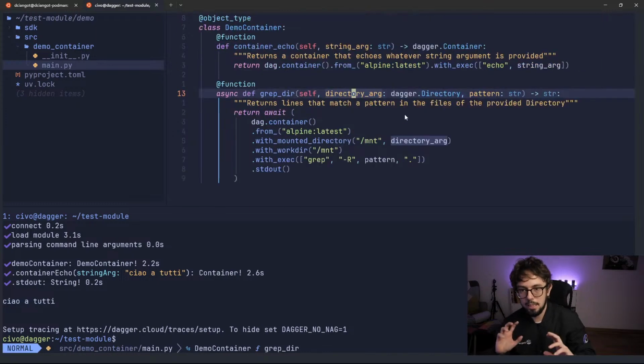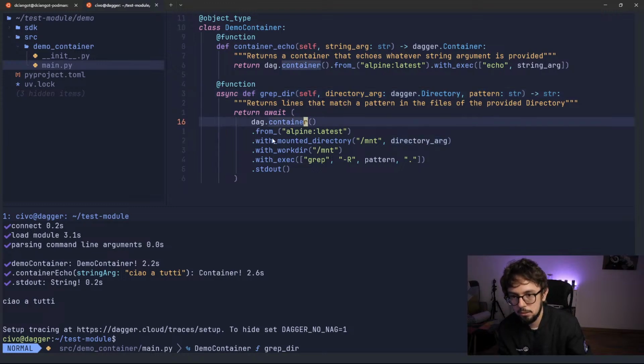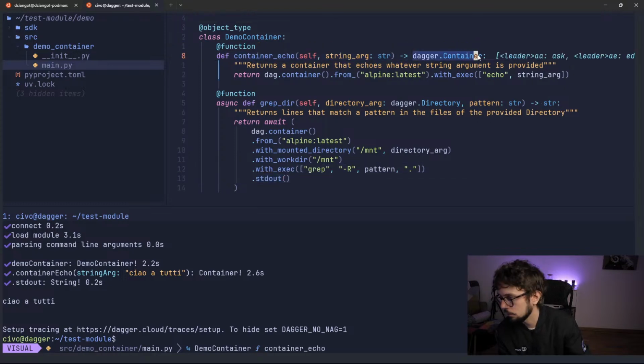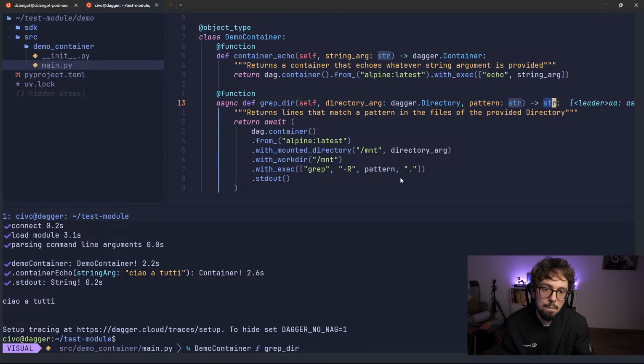The other one instead is more interacting with your system. You might want some module that gets information from your file system and does some operation. So what does grepdir do in this case? It's an async function because it's waiting for the module to exit to print the stdout. In fact, you see the difference. Here you have Dagger container, here you have a string. And for this reason, we start with Dagger container,